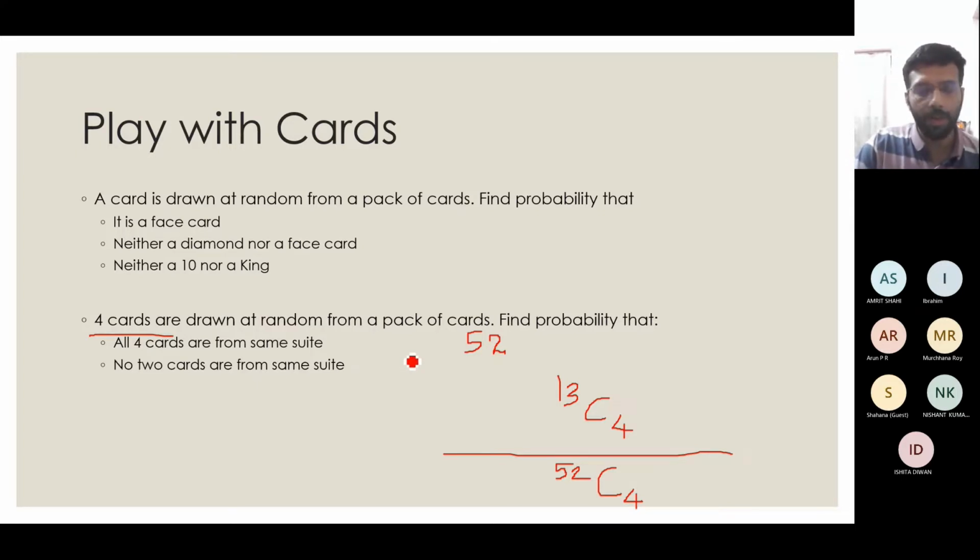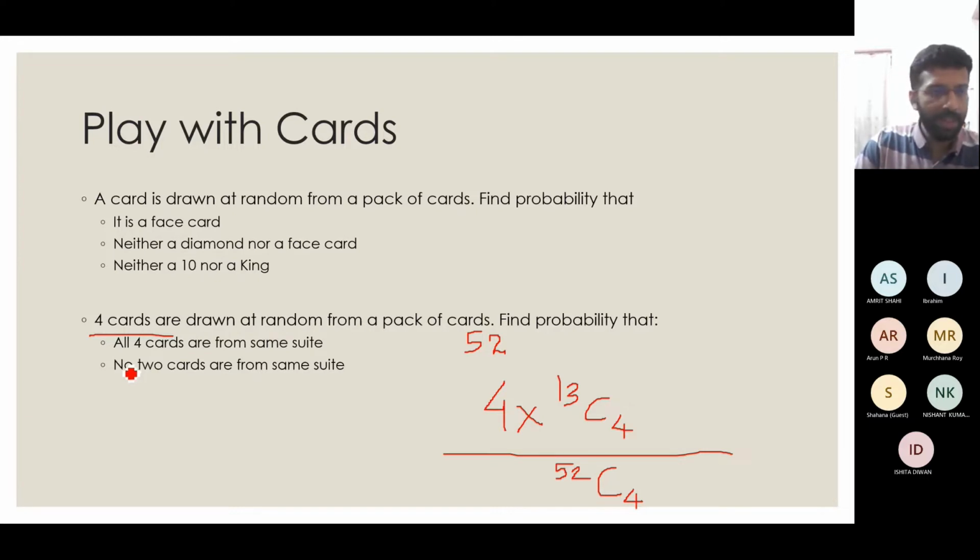Right. So now here we have not considered the fact that we have 4 suits. Corresponding to each suit, I have 13C4 ways of choosing 4 cards. So my net probability will be 4 into 13C4 by 52C4. We will not try to solve this numerically, because you can solve it using a calculator or find it directly. We will just see how we can solve these types of problems. Now next thing,